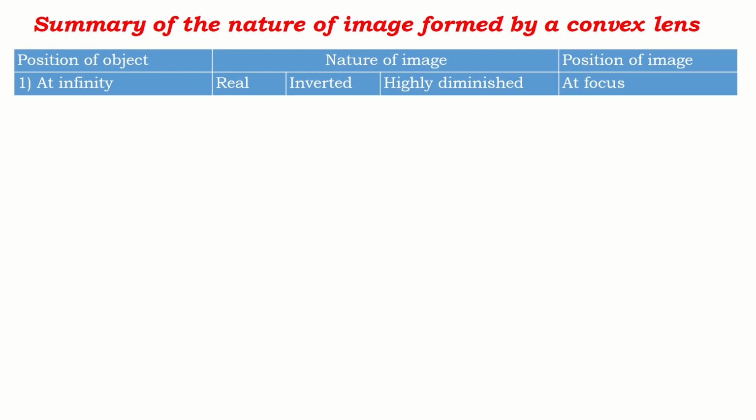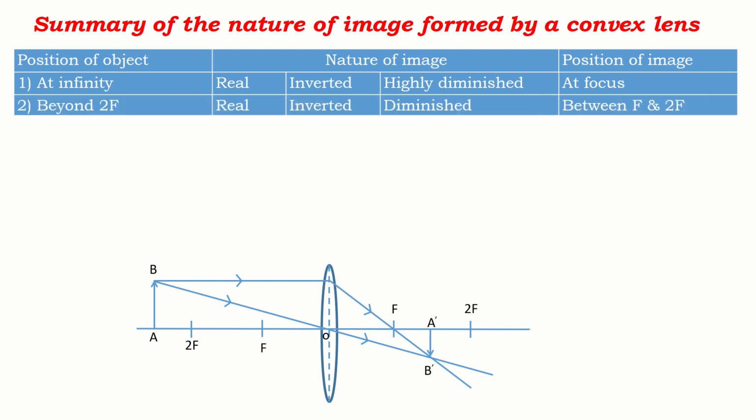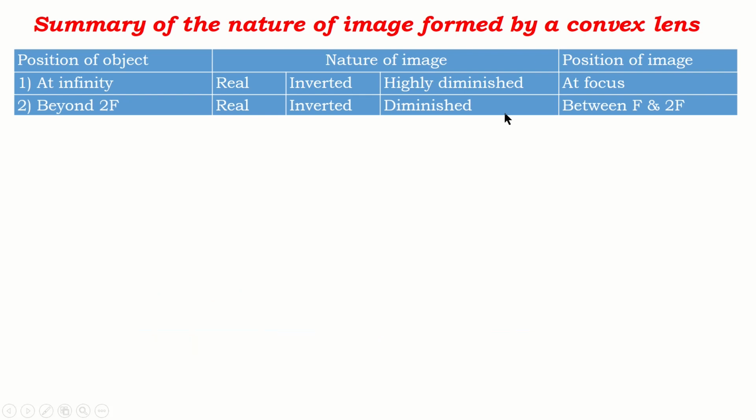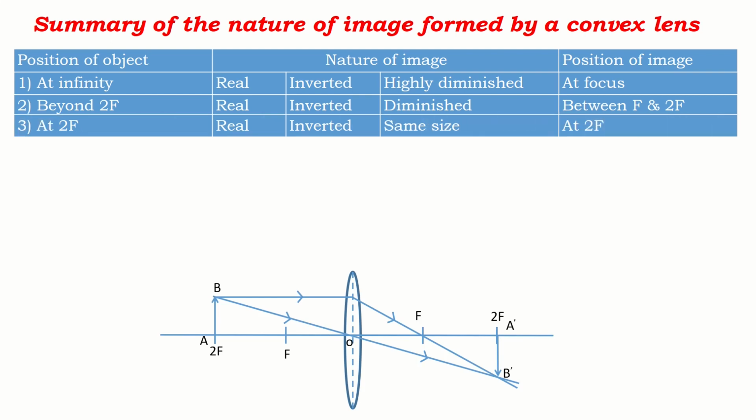focus. The second case was when the object lies beyond 2f, then what type of image forms? It was found real, inverted and diminished image, and the position of the image was just between the focus and 2f. Look at this, it is represented shortly here. And the third condition, when the object lies at 2f, then what is seen? When the object is at 2f, the image is real, inverted, same size and it forms at 2f on the other side